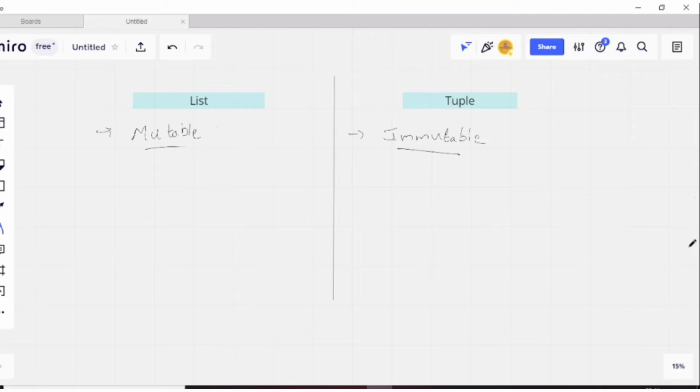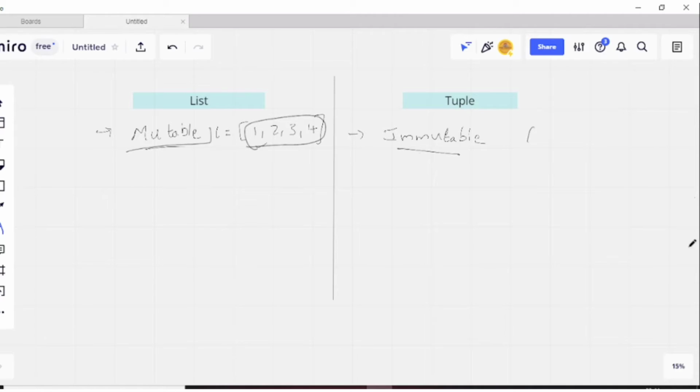Mutable in the sense that once we assign values to a list, we can modify, we can delete, we can insert, we can append an element to the list. So the list objects can be modified. In that sense we call list a mutable data type.